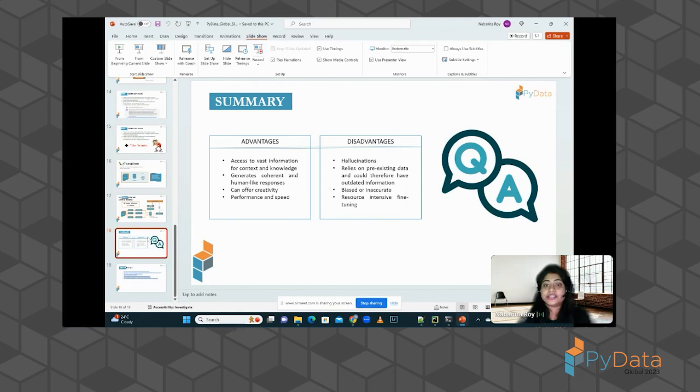And then resource intensive fine tuning. Fine tuning is not the best way to use LLMs. Few shot learning works the best. That's what has been established so far. Few shot learning with some examples and giving clear instructions gets everything done.